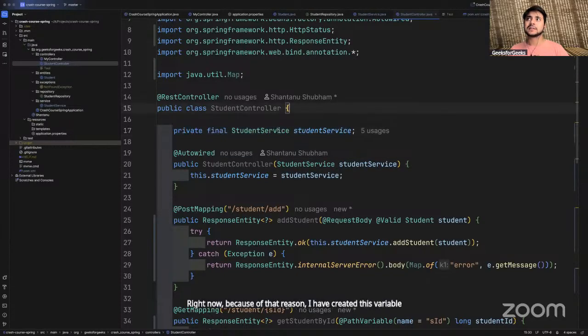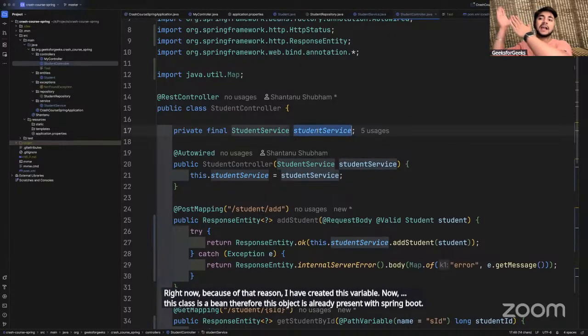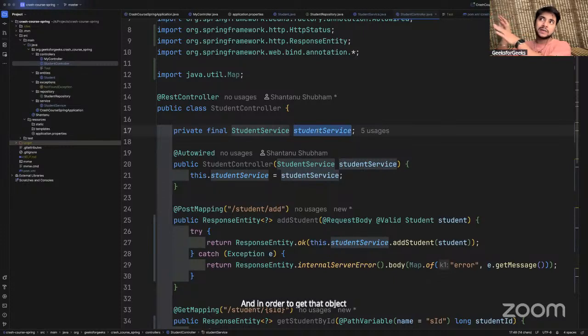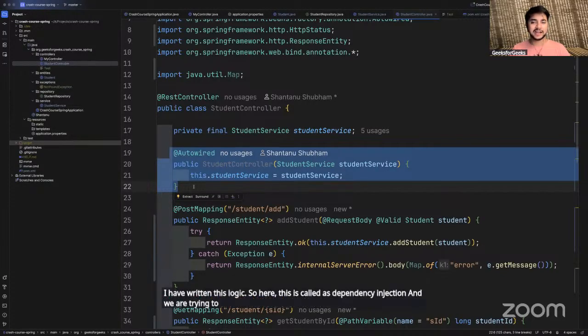Now, because this class is a bean, therefore this object is already present with Spring Boot. And in order to get that object which is already present with Spring Boot into this class, I have written this logic. So here, this is called dependency injection. And we are trying to do this dependency injection like this.